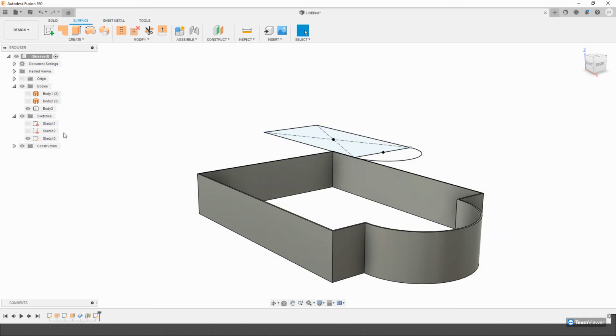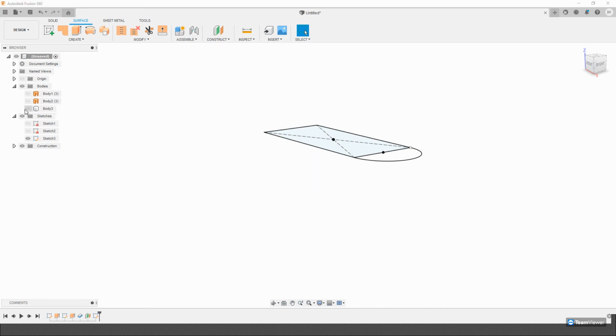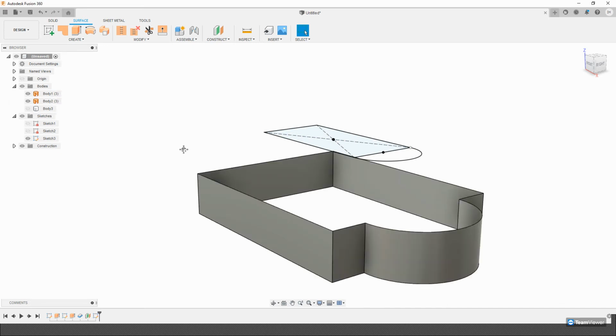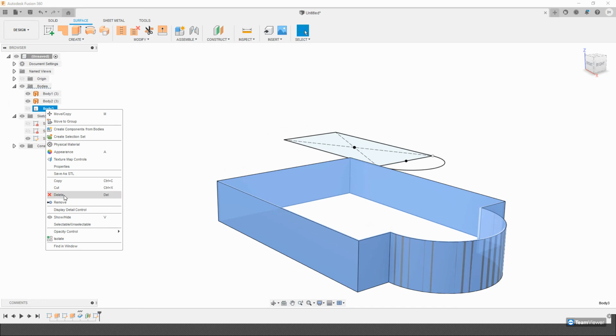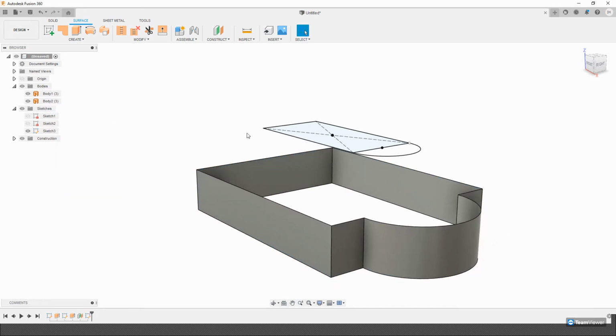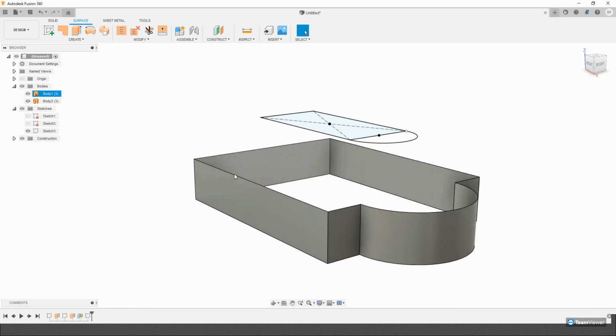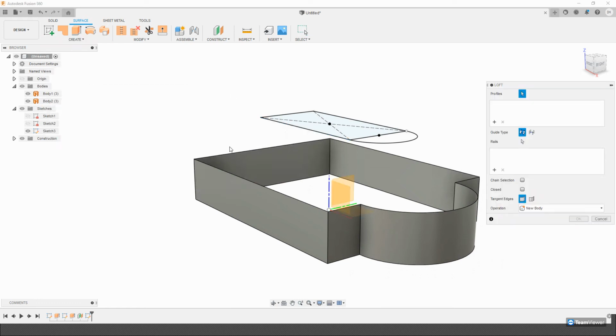loft between these two. Now, notice that because I have a surface body, I can still work with these surfaces and say, all right, let me get rid of this. I want to create a loft between there and there. So I'm going to use my loft tool. And I'll say,